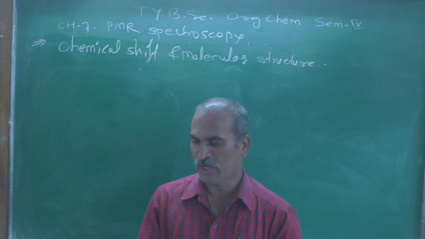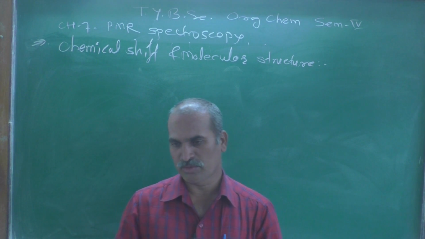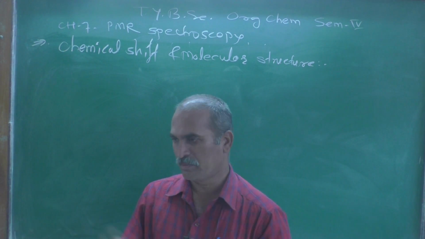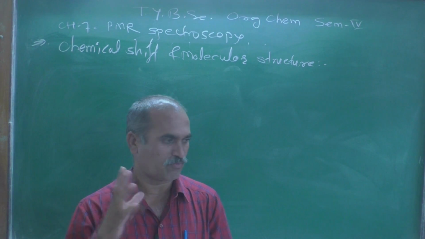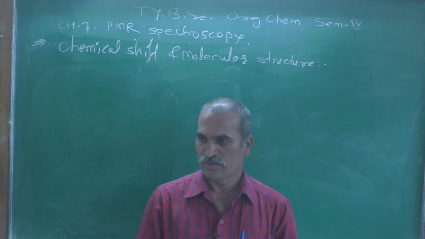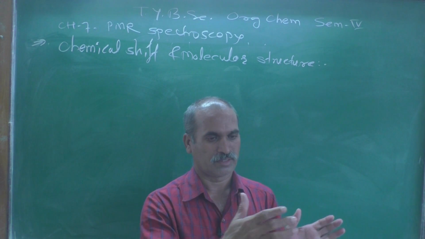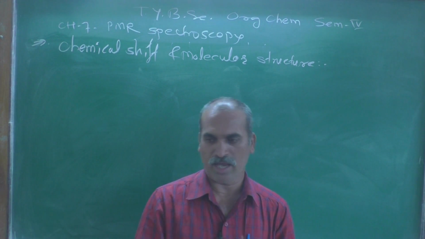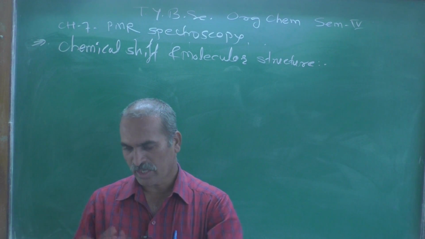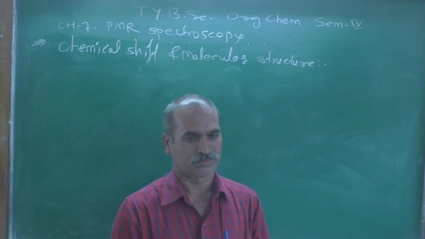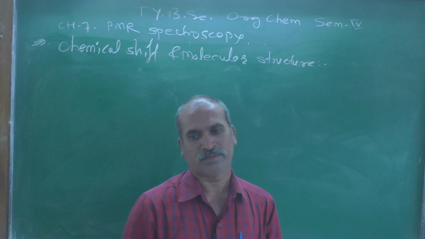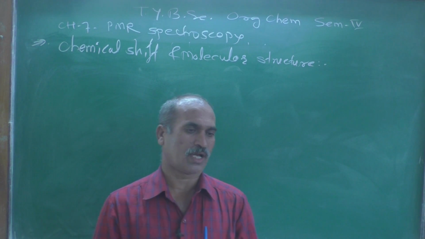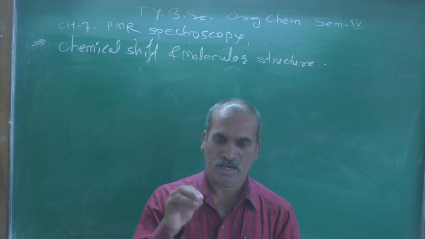And when one of the hydrogen atoms gets replaced by a halogen family member, like fluorine, it is known as methyl fluoride. Then the second one is methyl chloride, then methyl bromide, methyl iodide. When the chemical shift value is observed for those protons, all three methyl protons are identical.